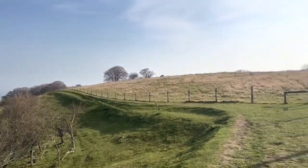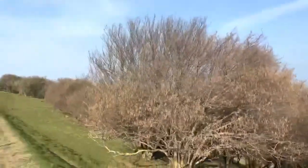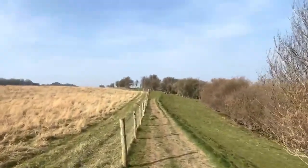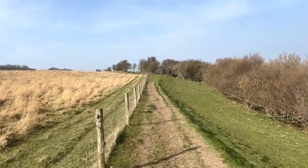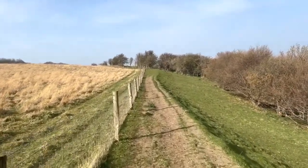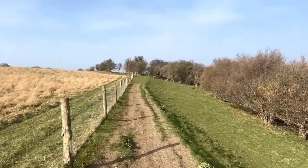It really is a splendid morning for a walk out here. It's a Friday morning in March, and there really aren't too many people once you get up. In fact, even on a really busy bank holiday weekend, you won't find that many up here. Strangely enough, when we were